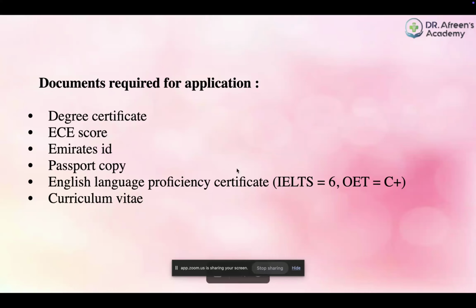This certificate needs to be produced at the time of application. The most important, and do not underestimate the significance your CV holds, during the time of your application as well as the selection process. So your CV plays a significant role while applying for the internship program. Not just the internship program, even for the residency program or any other training programs, intermediate or advanced training programs, or be it your observership as well.